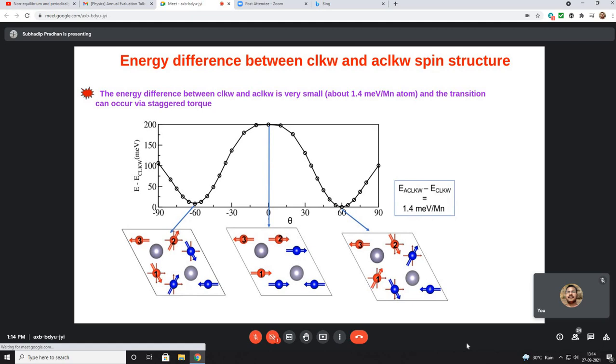Since spin-orbit torque can do the job of rotating those spins, I can actually change one and two spins while keeping the third spin fixed. If you look at the left and right pictures, with the third spin fixed, I can rotate the one and two spins in different ways. For example, one spin I can rotate clockwise and two spin anti-clockwise. Then one can go from this staggered +1 to staggered -1. So in that way we see that there is a topological transition.